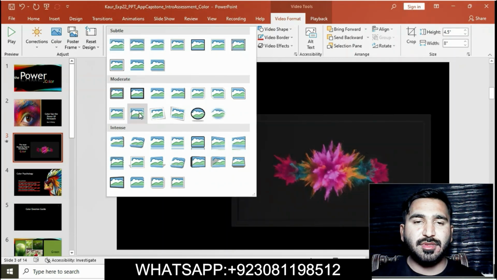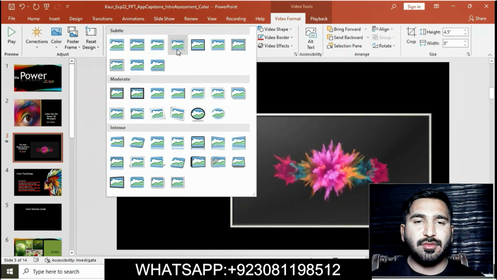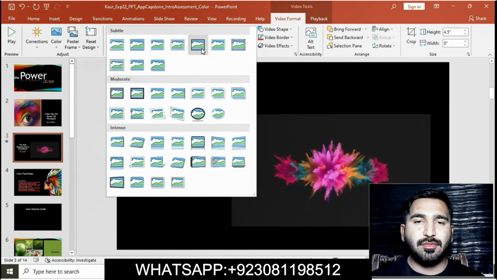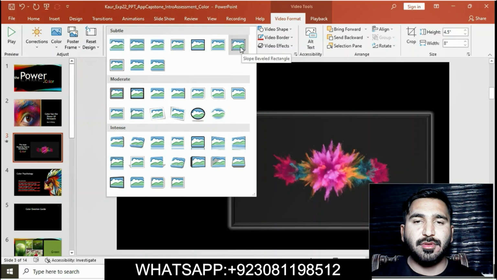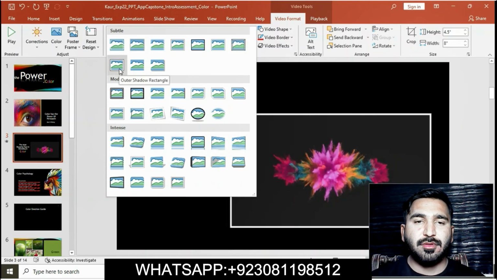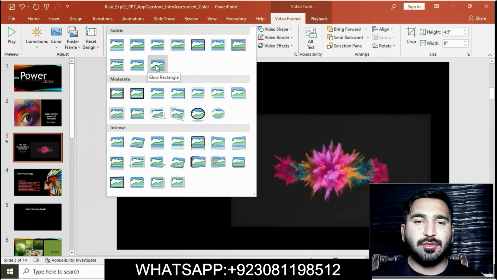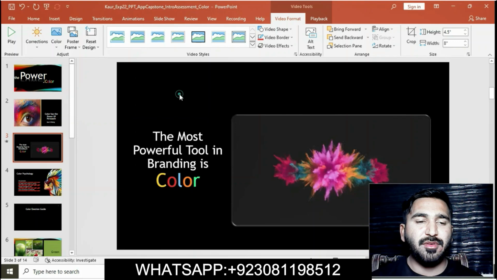One second. You can see all of these, and then simply select it, bevel rounded. Okay, you can see here is bevel rounded.